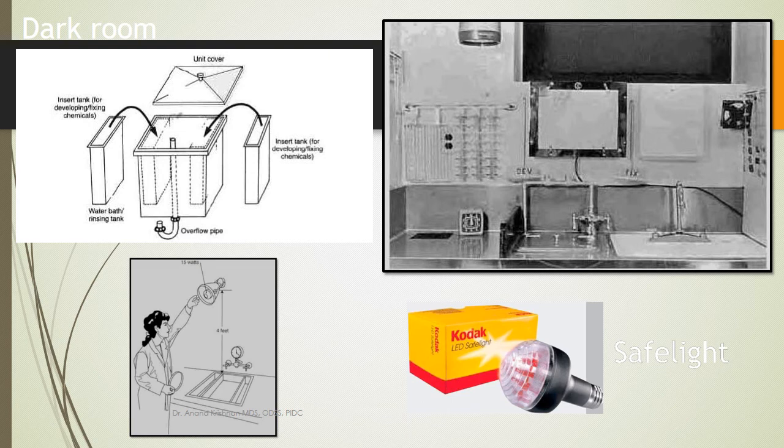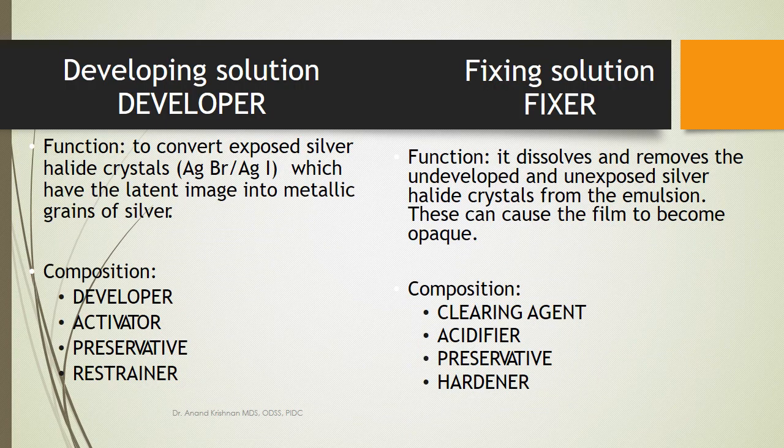For x-rays also, since the film is sensitive to visible light, you process them in a dark area. Here, instead of a dark room for dental x-rays, considering their size, you don't need such a large room. So what we use is a compact solution, a dark box or developing box, within which you achieve the same darkness as a dark room, while you can still visualize what you're doing.